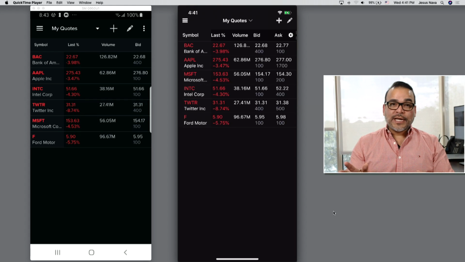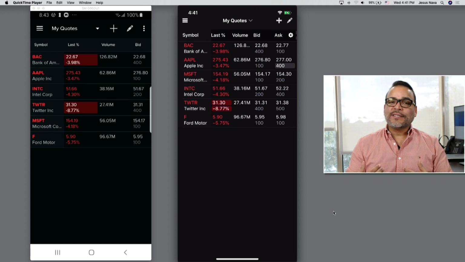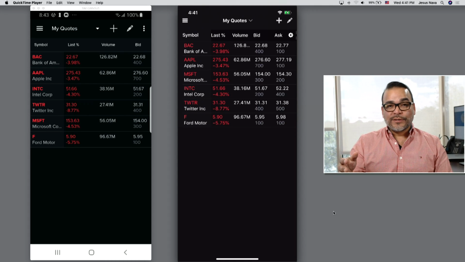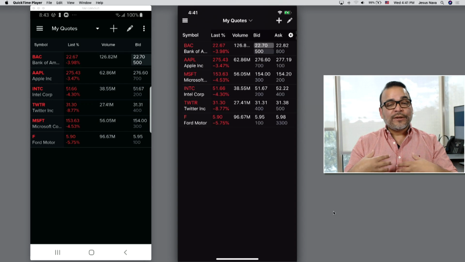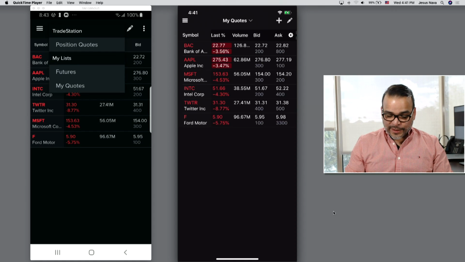If you notice at the very top of both my environments, I have something called My Quotes. That's a custom list of symbols, and the application will actually save them to the server, so that if you have to install the application again on your phone or you get a new phone, you still get your list of symbols. But if you wanted to create multiple lists, just tap up there where you see My Quotes, and